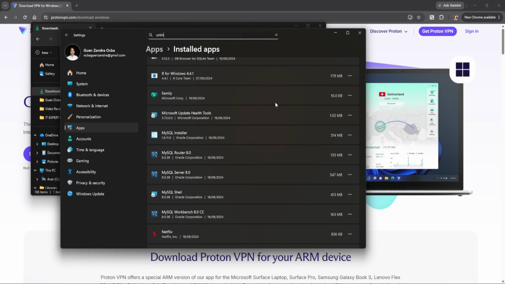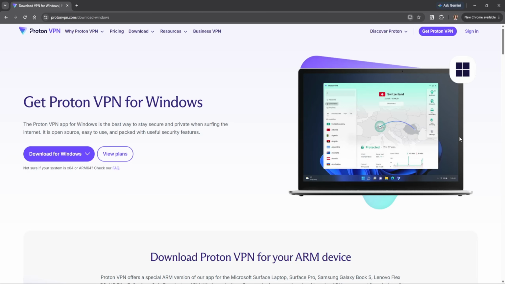So if the problem continues, download the Proton VPN installer again from the official Proton website. A corrupted or incomplete installer file can also prevent the setup from finishing. After installation, you can open Proton VPN, sign in with your account, and test the connection to make sure everything is working properly. And that's how you fix Proton VPN installation problems in